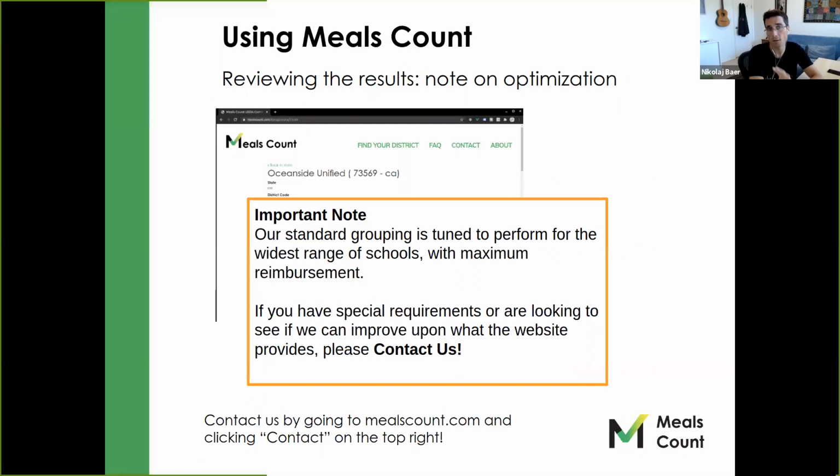So an important note here: what we've seen is that this has really been a great tool. We've seen tons of districts all around California and around the country using it. Now, if you have a district with 11 schools or less, we're showing you the best possible scenario because we run every single possible combination and pick that one. Above that, we do a best effort. We really do a big number crunching to get the best possible result we can get.